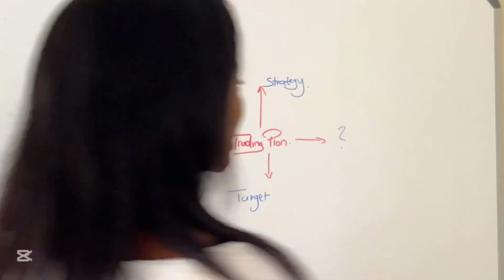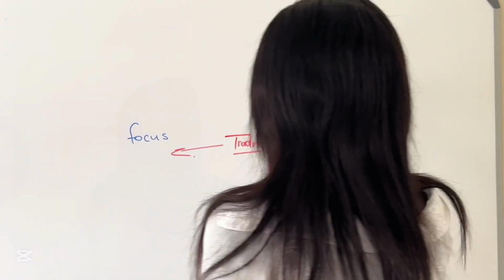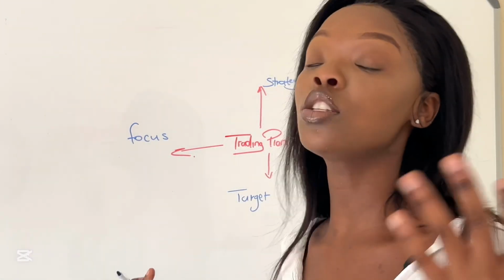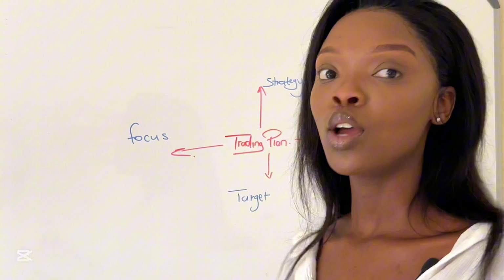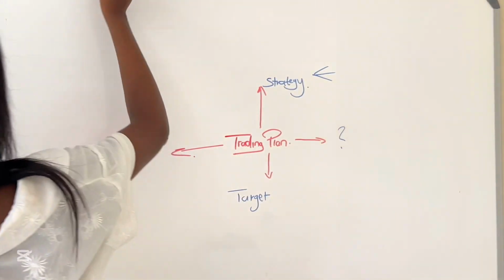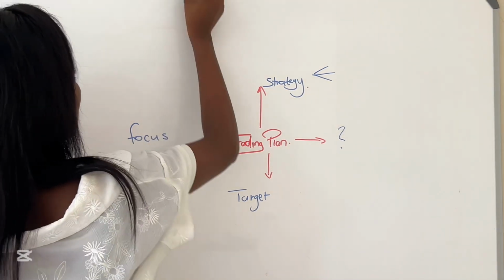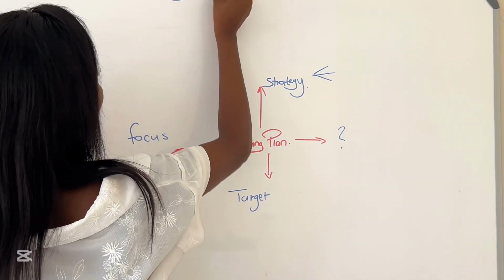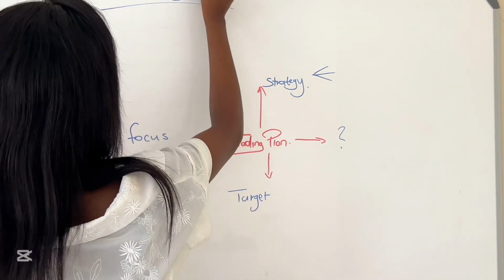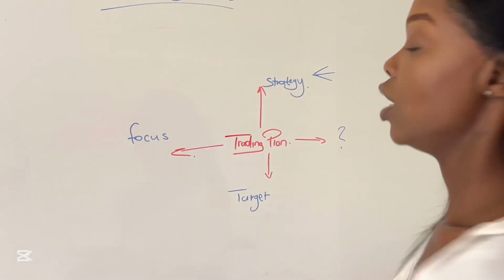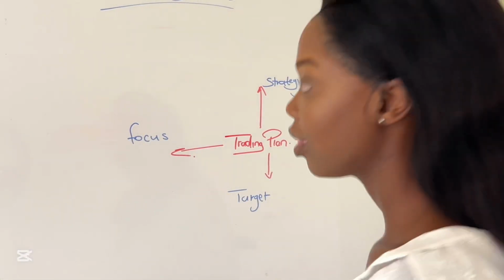So let's break it down. In terms of strategy, the strategy is how do you approach things in your business, which is your Forex business. Guys, I feel like I should write it here. This is a Forex business, so that you guys don't get confused. Or why is she referring to it as a business? So treat it as a business.